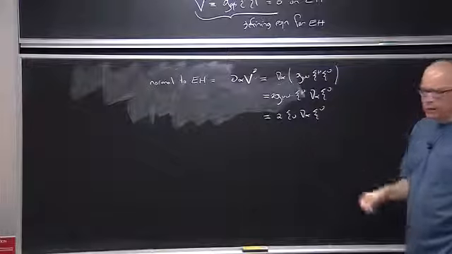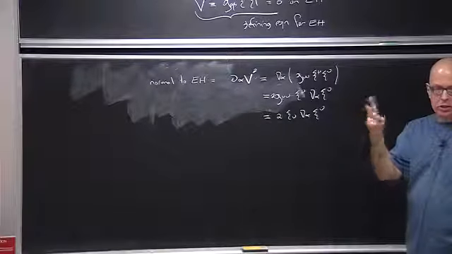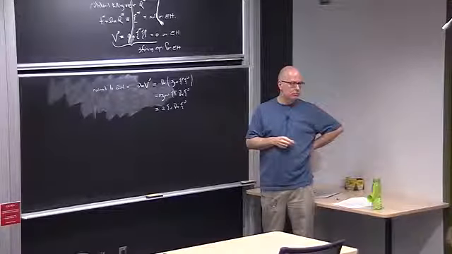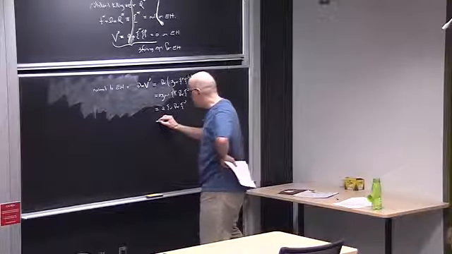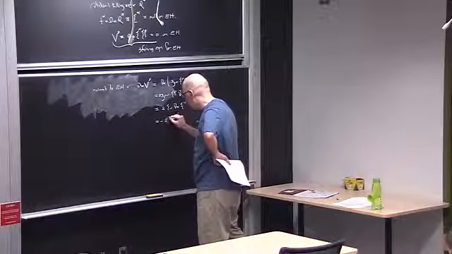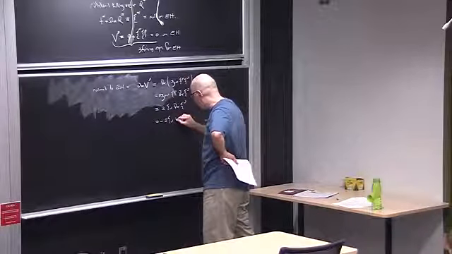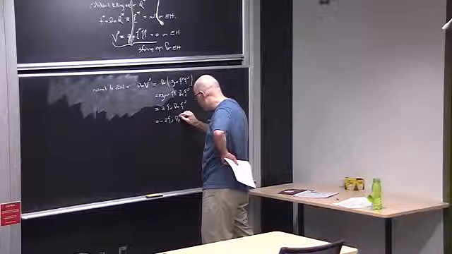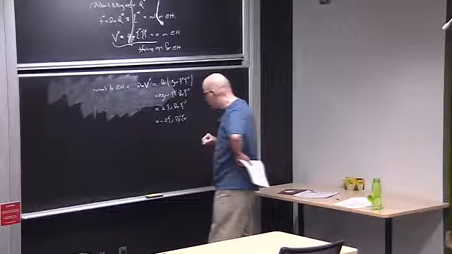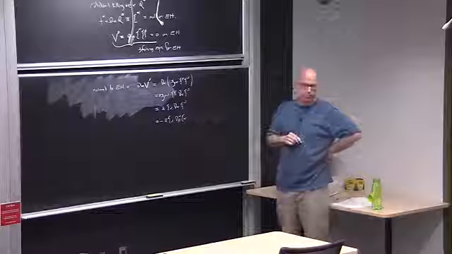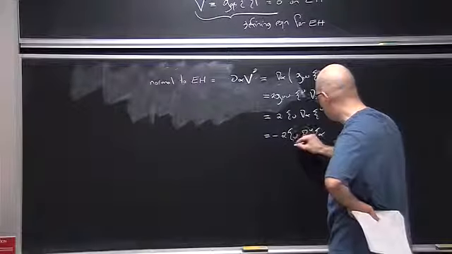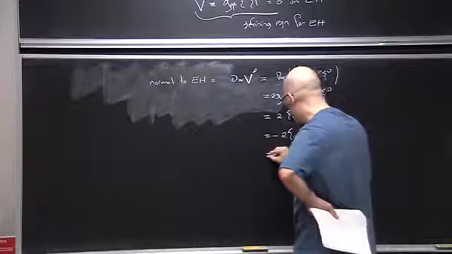This being a Killing vector means that it obeys Killing's equation, which means that I can flip the ordering here with a minus sign. This is equal to minus 2 xi nu grad nu xi alpha, which we recognize as being the acceleration